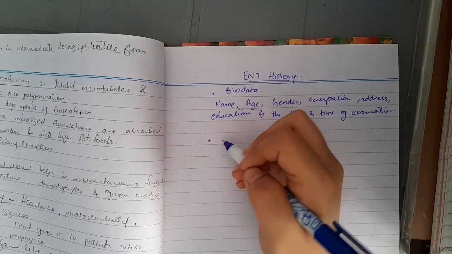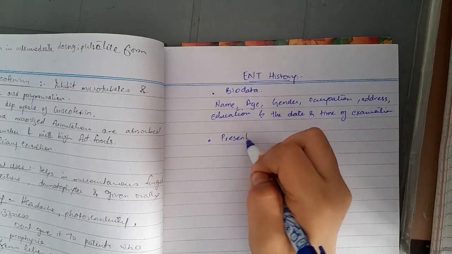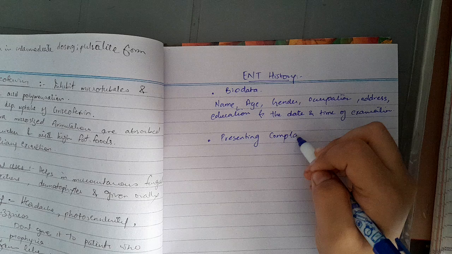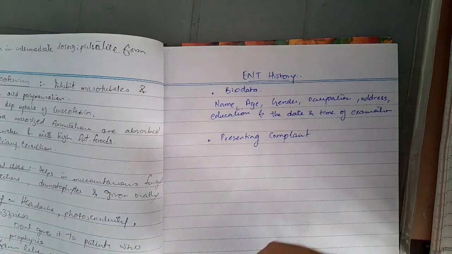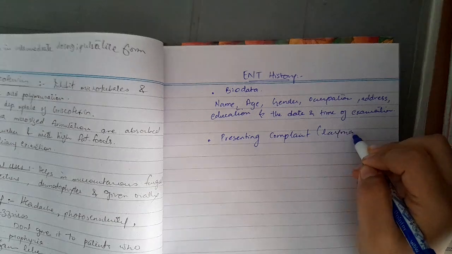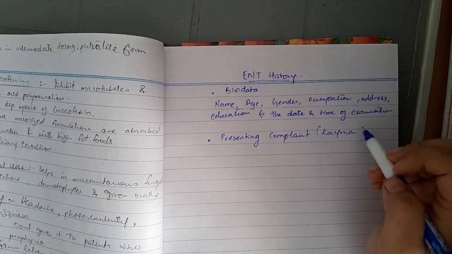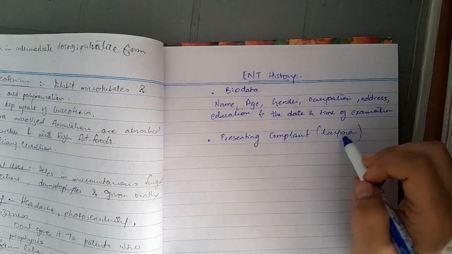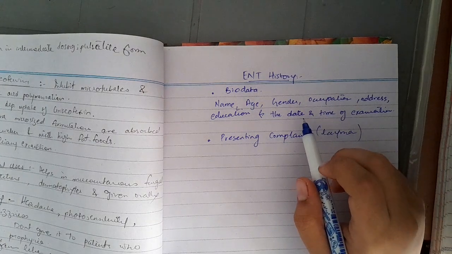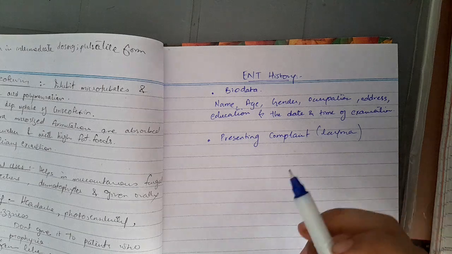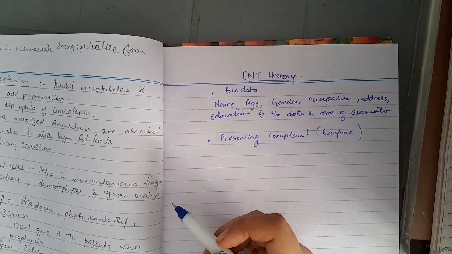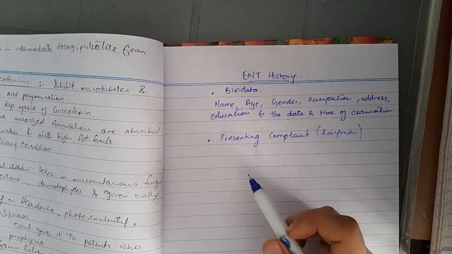The next heading which you're going to write about is the presenting complaint. Okay, why did the patient come to the hospital? What's the primary complaint? And you're going to write this in very easy and layman terms. For example, if the patient says that he has a swelling on the neck, you're going to write that it is a swelling on the anterior part of the neck, okay, on the right side, on the left side, whatever. Okay, if the patient says that he has pain in his throat, you're going to write that. Okay, you will not use any medical terms, and you will start in the patient's own words